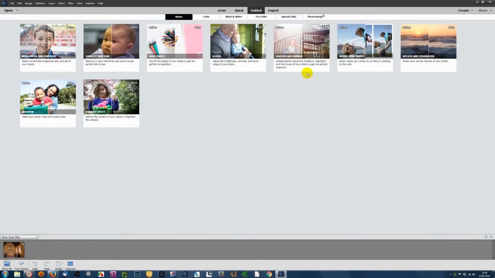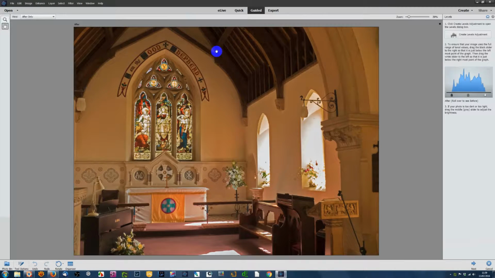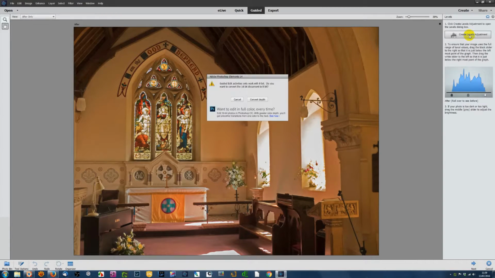If I go back from this and now look at levels, and by the way, I can slide the cursor across these pictures and it gives you an indication of the sort of changes that you might make. This is before applying levels and this is afterwards. Whoops, I accidentally clicked it, but that's fine. Now what we get over here on the right is some instructions, some help as to how levels works, what it does. Then when we've read that, we can click on the Create Levels Adjustment, and now